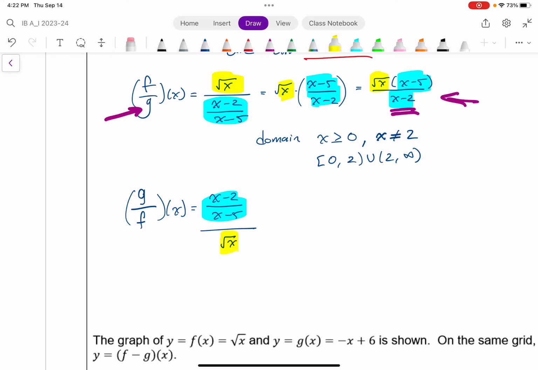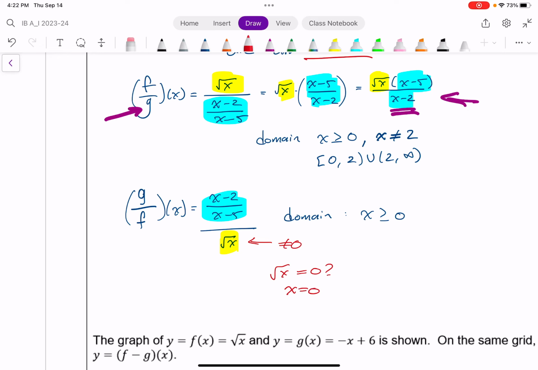Again, I could simplify this. I'll just leave it like this for now. And again, the domain of this will be the domain of what f and g have in common, which we've seen several times, is x greater than or equal to 0. However, now I have to look down here, and this cannot equal 0. So when will the square root of x equal 0? Well, I can tell by inspection. The square root of x will equal 0 when x equals 0, which means another part of my domain is